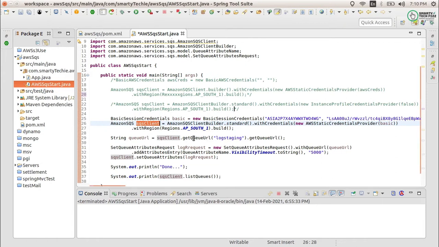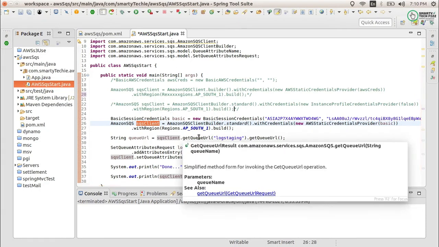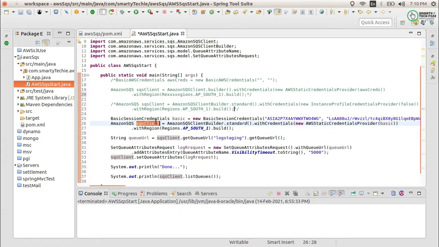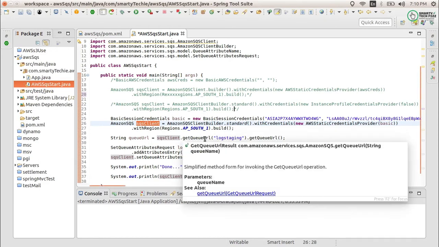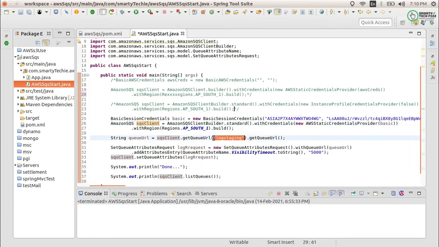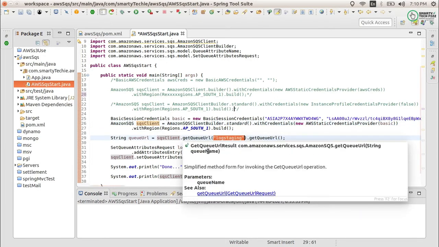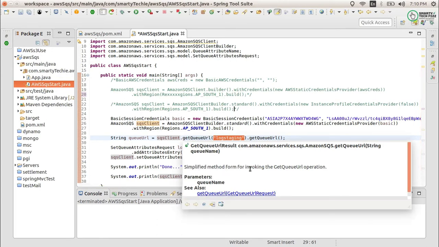So I am just getting here SQS client dot get URL, so that if the client is connected successfully, we will get the URL, and this is the name of your queue. So you can see your queue name, a simplified method form for invoking the get queue URL operation.